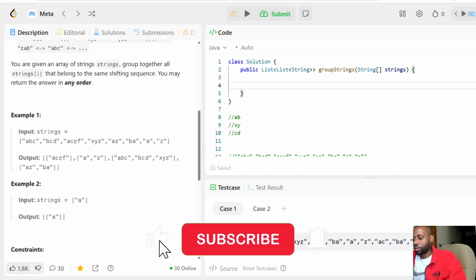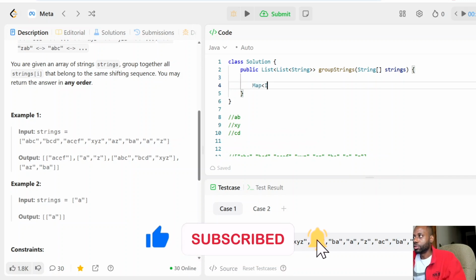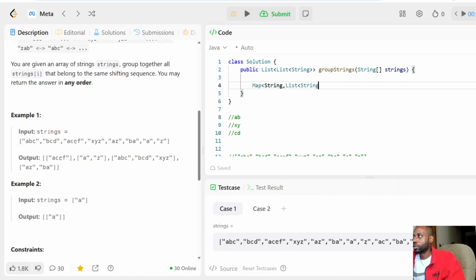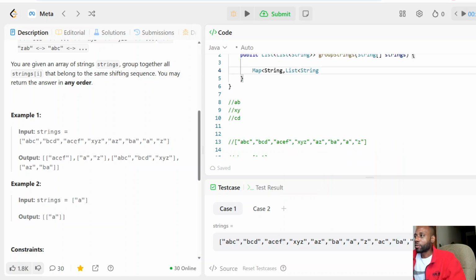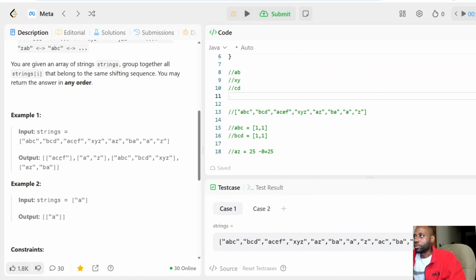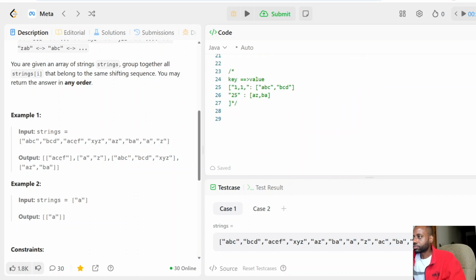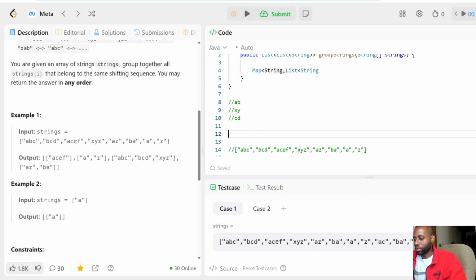So what we're going to do is have a map. I told you we're going to group them into this particular map, and group them into a list of strings. So the key would be the encoding pattern that the particular string is following. I went through a couple of examples. For example, we can have AC and XZ, which are part of the same group because it's a difference of 2